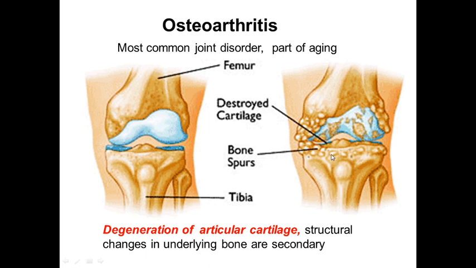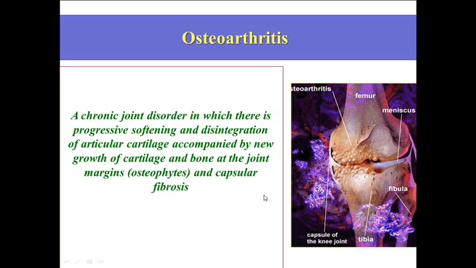Let's start the discussion with osteoarthritis. This is the most common joint disorder, very closely connected with age and characterized by degeneration of articular cartilage. Structural changes in the underlying bone are secondary. Osteoarthritis, or osteoarthrosis, this is